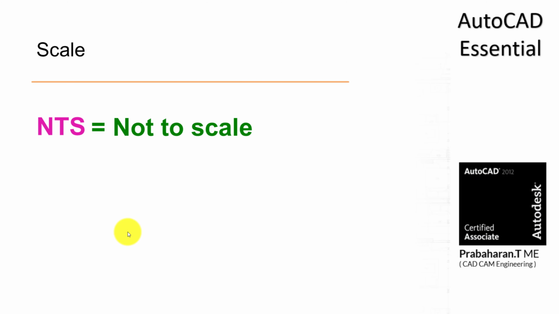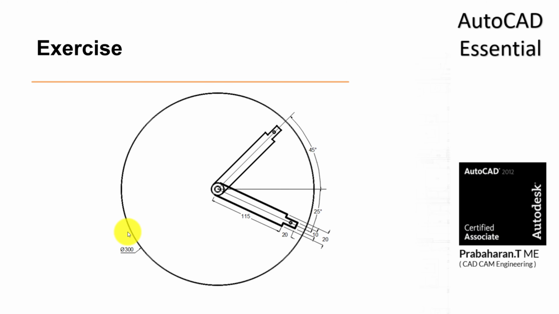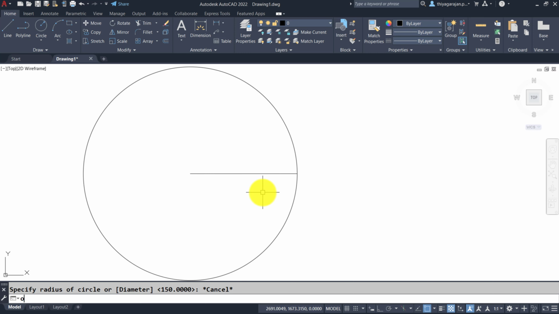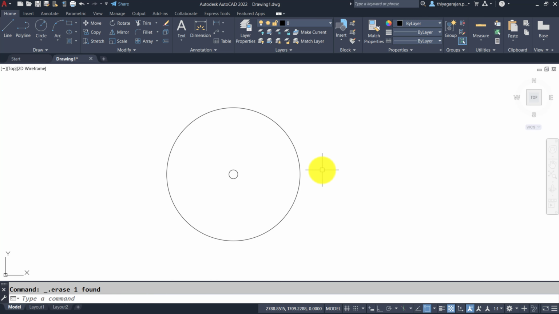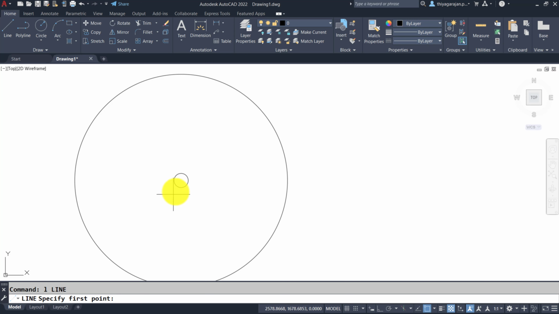Right. Now we are going to do this exercise. The big circle is diameter 300. Then the inside small circle is diameter 20. And this length is 115. After this, this is 20 mm length and this is 10 mm. Offset above 10, below 10, and circle. I have drawn two circles from the bottom of the circle at 115 in the direction of